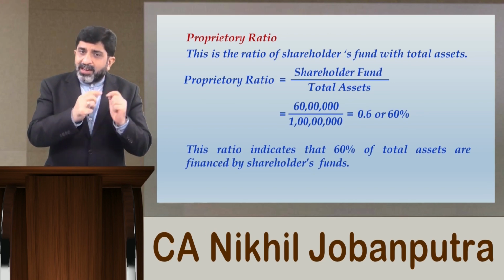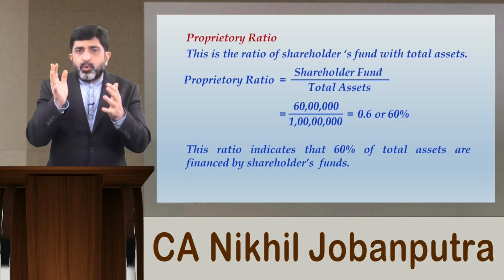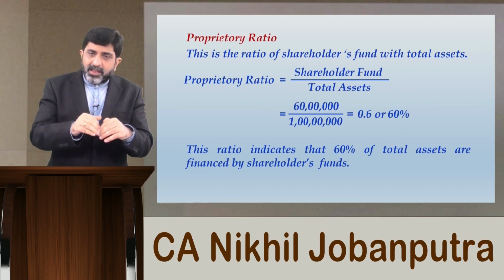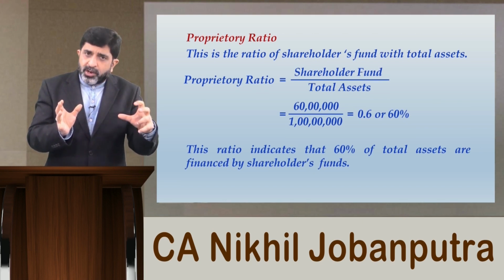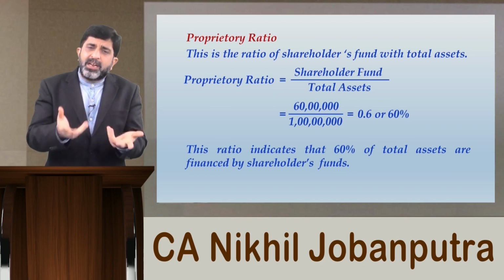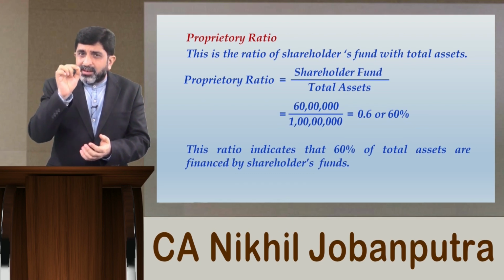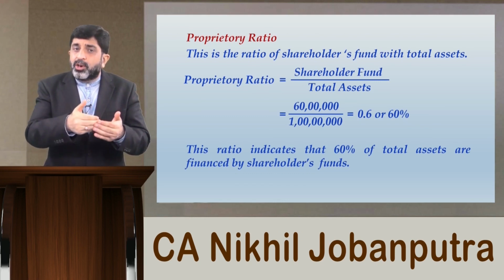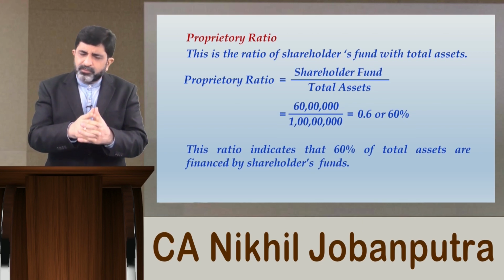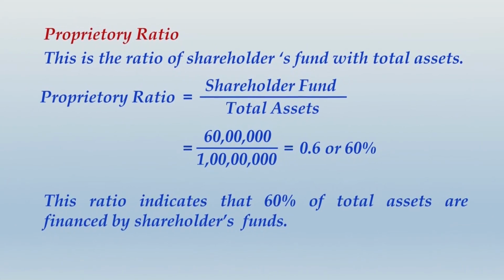So we don't ever relate current liabilities with total assets. That is a meaningless ratio. In fact, if you want, you can indirectly assess one thing, that your total assets, 60% of those are funded by shareholders funds, 20% funded by long term debt. So it is implied that remaining 20% will be funded by current liabilities. We don't use the term funded by current liabilities in the true sense, because current liability is not a source of long term finance. So we generally avoid it. Anyway, let me take you further and give you further notes.